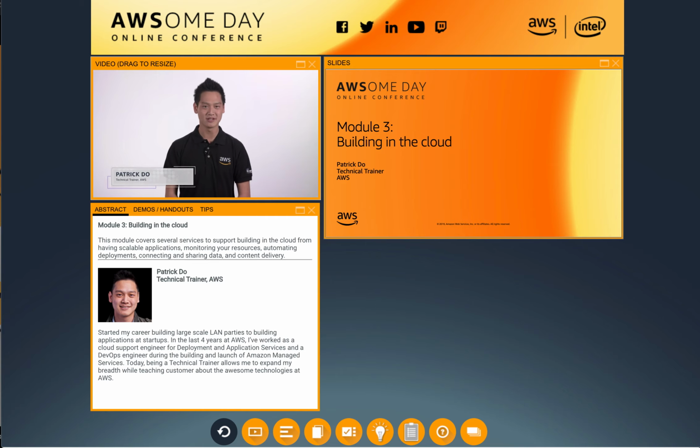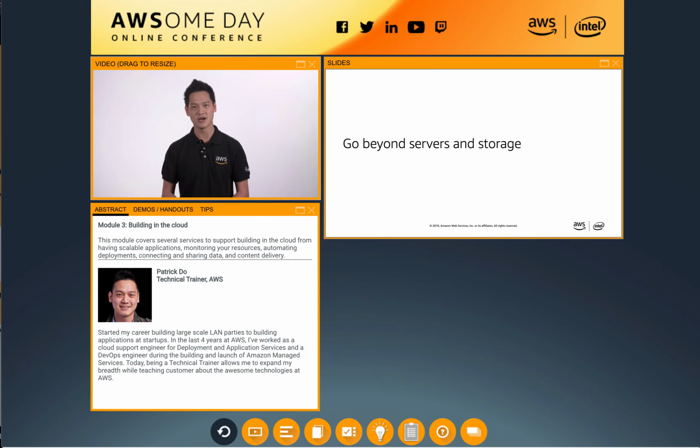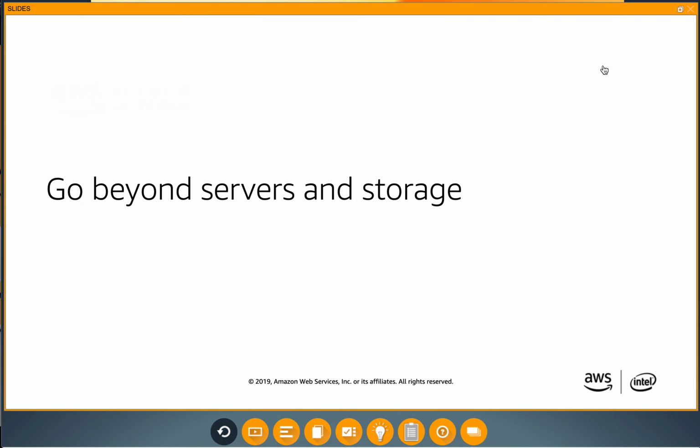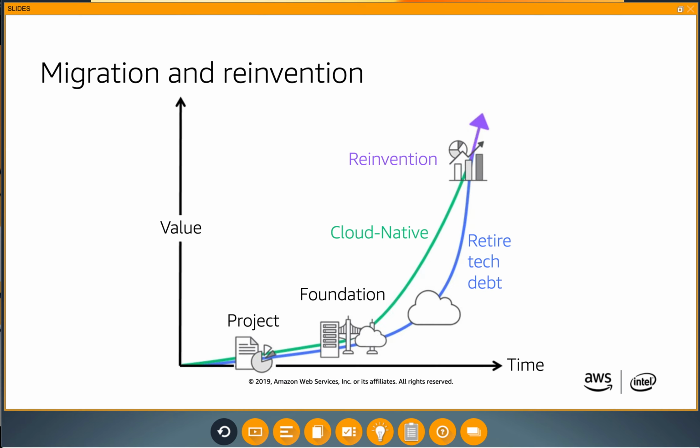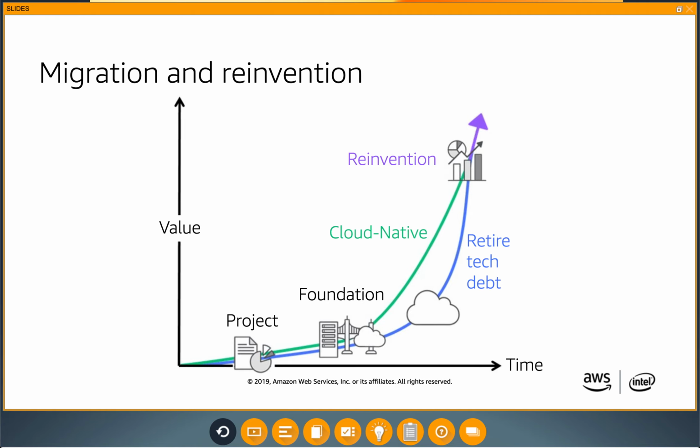Module 3, Building in the Cloud. In the last module, we talked about fundamental resources in any IT environment. What's beyond servers and storage? Fundamental services like Amazon EC2, Amazon EBS, and Amazon VPC make it easy for organizations to acquire and build IT